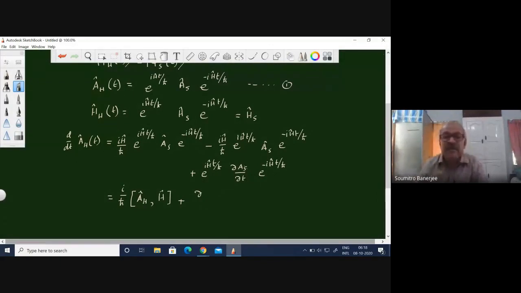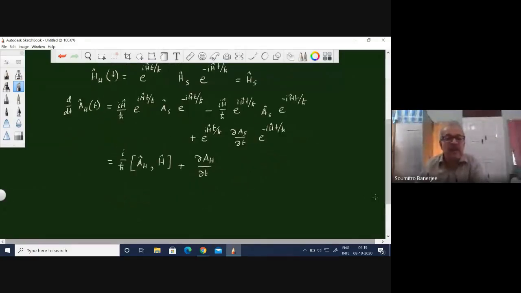This is effectively the derivative of the Hamiltonian with respect to time, because this times A_S times this was the H. Therefore, when you take a derivative with respect to time, it's only this much. So this is very similar to what we obtained earlier as the generalized Ehrenfest theorem, only with the addition of this term here, because at that time we assumed that the operator does not change with time, but here it